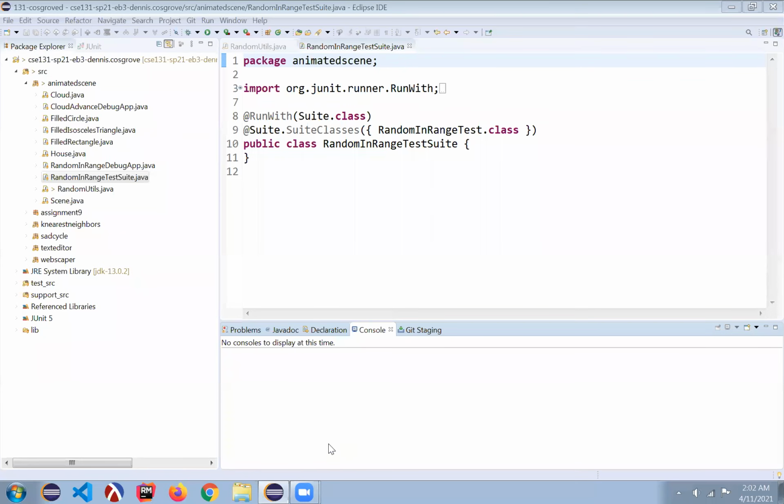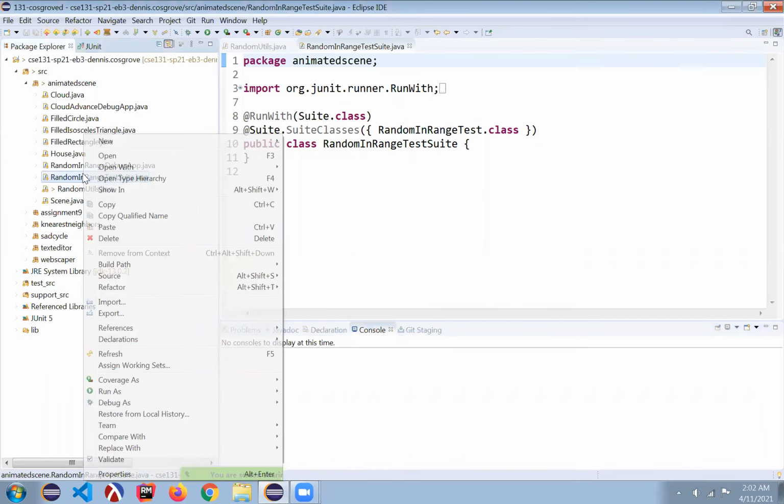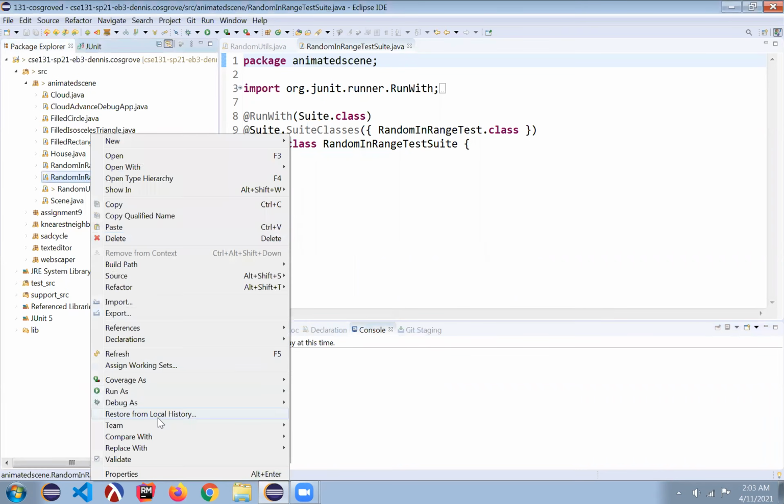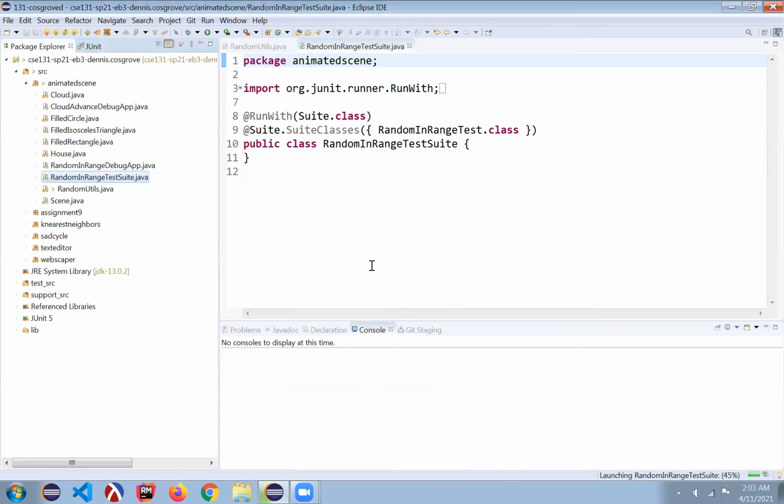Hello everybody, this is going to be a quick demo on how to debug your random in range portion of the animated scene project. I have built a random in range, and I've built it incorrectly so that it will fail this test. If I go to the random in range test suite and run as a JUnit test, you'll